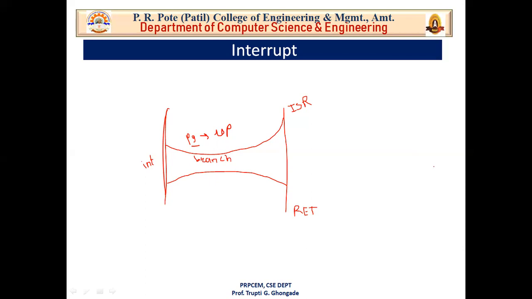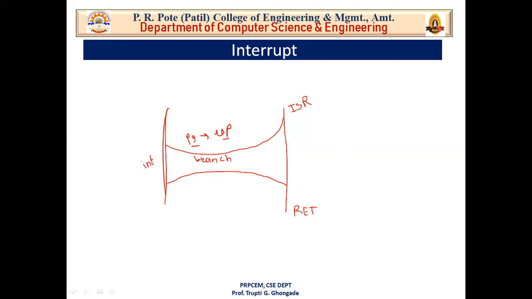Now, what is the program counter? The program counter contains the address of the next instruction. As soon as an instruction is fetched, the program counter is incremented by 1. That is how the program goes in a sequential manner. The program counter always contains the address of the next instruction, and that is extremely important. So your processor is doing the program. This program is executed by a processor.